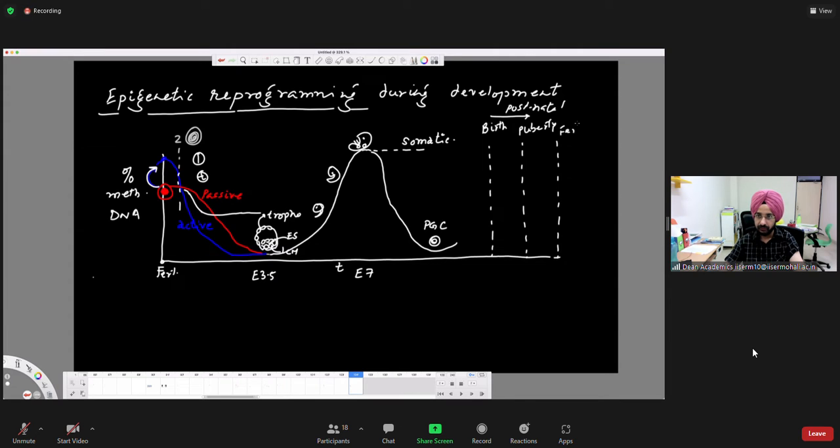So what happens is that in the male germline development, this is your male germline development, the genome gets methylated by the time of birth, most of it, and it remains into this stage. From PGC to birth is your mitotic arrest in male. So all blue color belongs to male. Mitotic arrest, during which it is getting methylated. But slowly it's getting methylated.